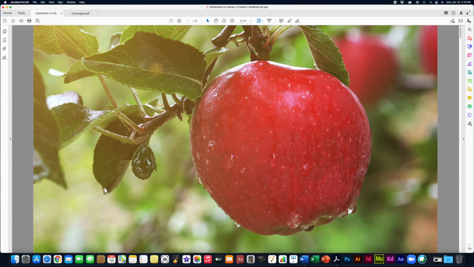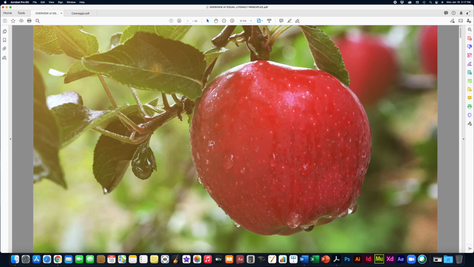The language is, what is it called? How do we talk about it? What is the object? What does it do? What does it feel like? What does it look like? What color is it? And what do we do with it? What's its purpose, right? Do we throw this thing? Do we play with it? No, we eat it. And so all of these things play a role in the visual literacy of the situation,